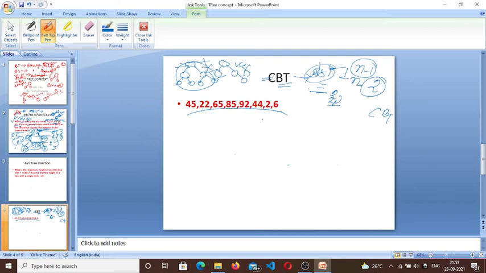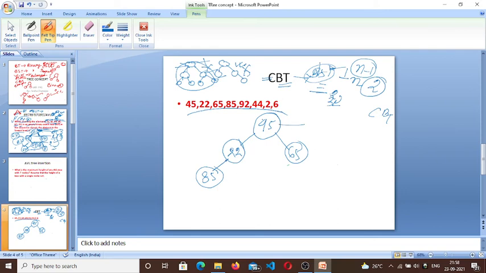So 45 is the root node, and then 22, which will obviously arrive on the left side, then 65 on the right side, and then 85. Just check, it is appearing on the left side of 22. It doesn't matter whether 22 is smaller than 85 or not. We have to complete it.